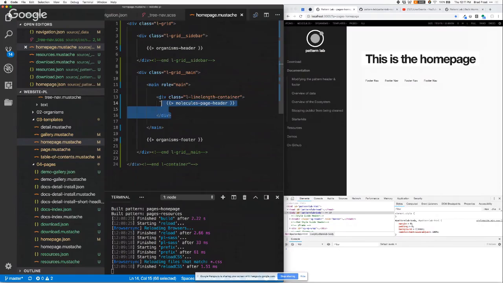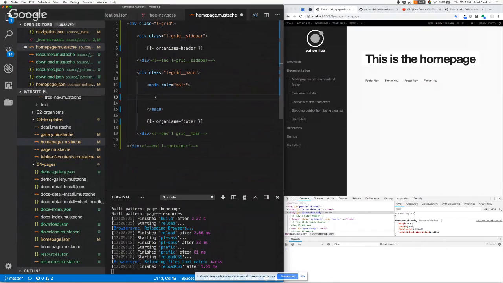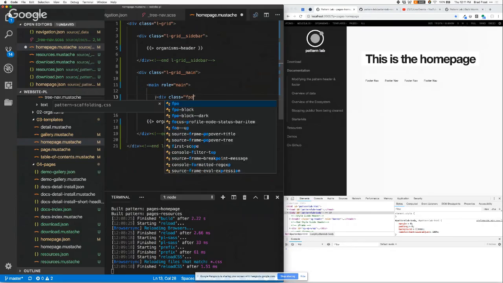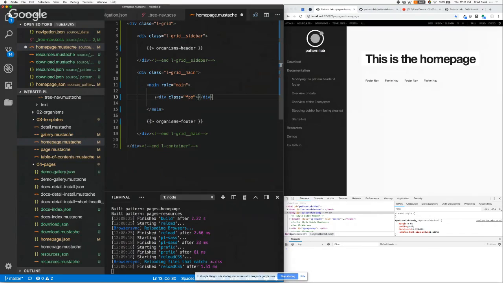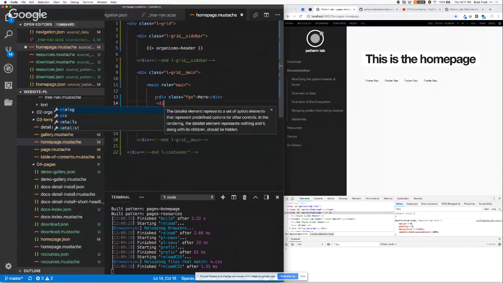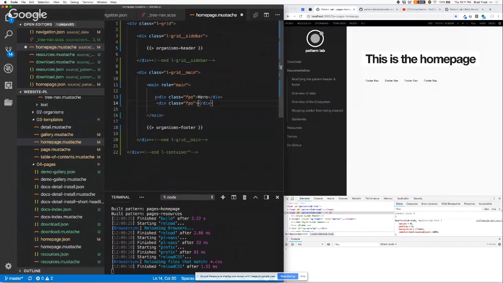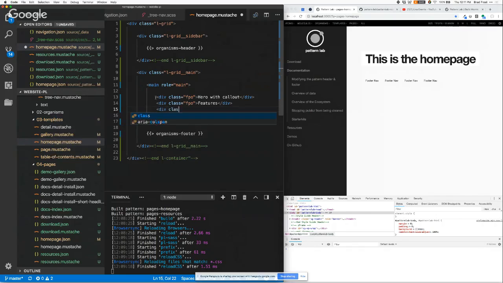But what I can do now is use our little trick from before and say, hero, div class FPO, and we could say, features, maybe hero with call out or something like that. And then say div class FPO, and we could say contributors,